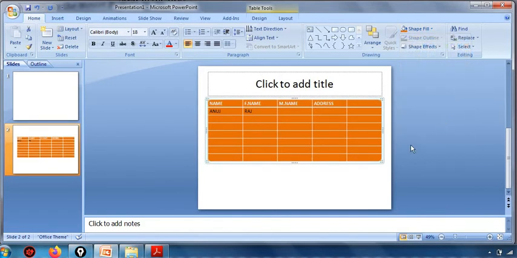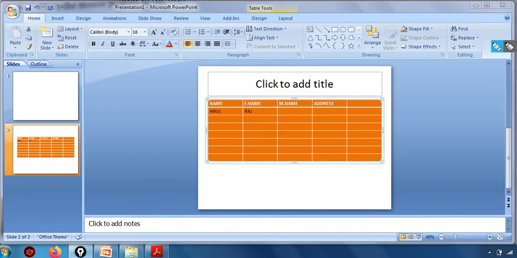So like this we can change the background of the table. You have to remember that under the home tab we have the drawing group, and under the drawing group we have the shape fill button. Getting it? So from here you can change the background. Understood? Okay. Now next,